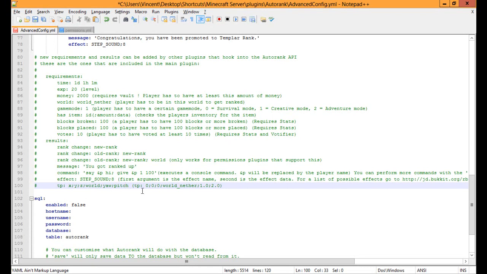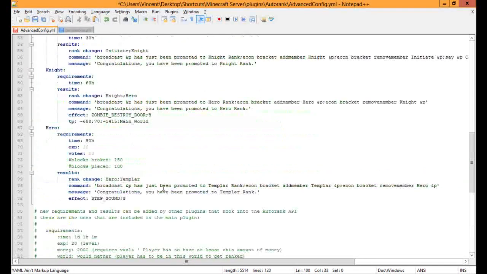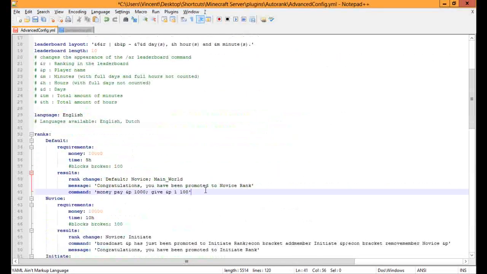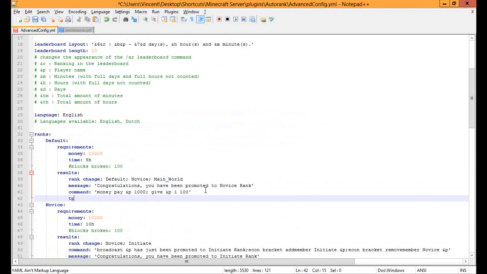So if you wanted to teleport the player to, let's say, my main world that I have, I can do 1, oh, don't forget those, 1, 1, 1, also separated by semicolons,